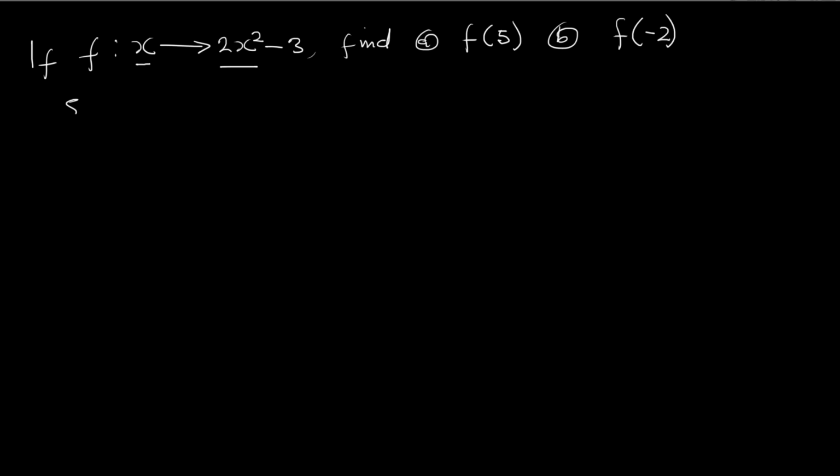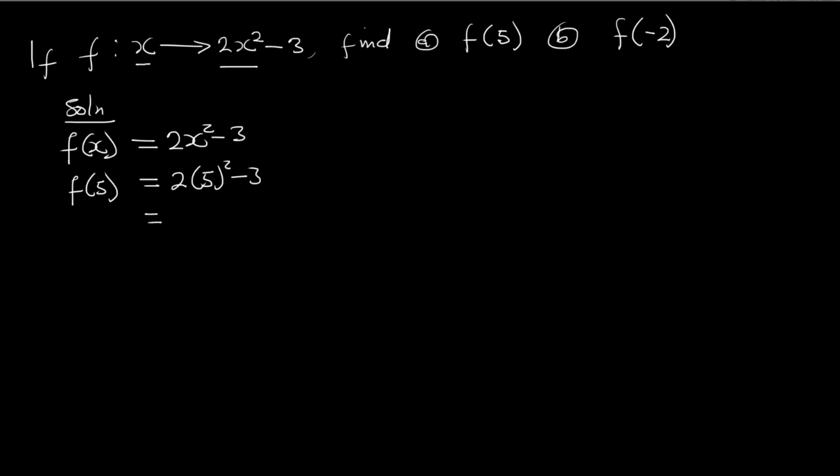So as our solution, we say that f of x, the function takes in an input of x and it gives us an output of 2x squared minus 3. Therefore, f of 5 is, wherever we see x, we put 5: 2 times 5 squared minus 3. And this gives us